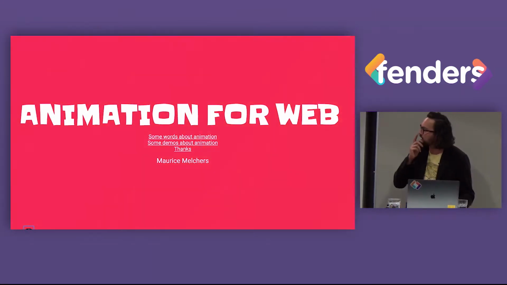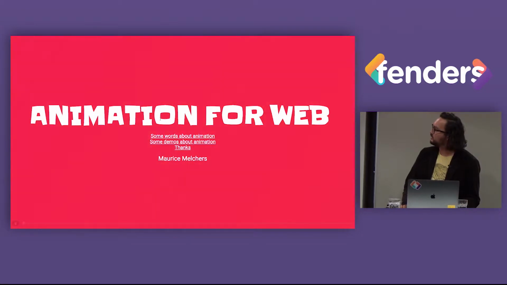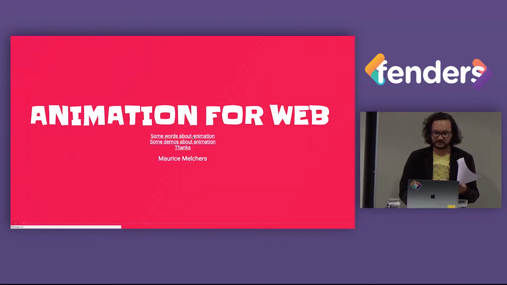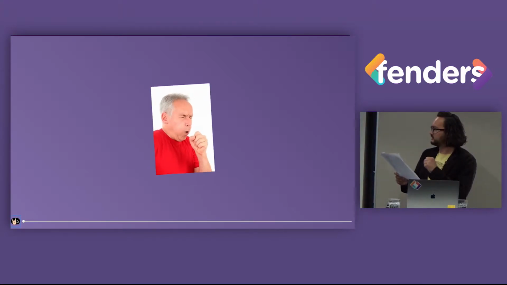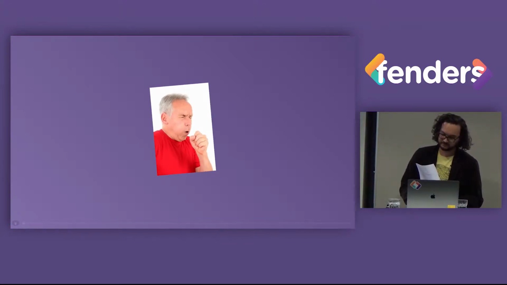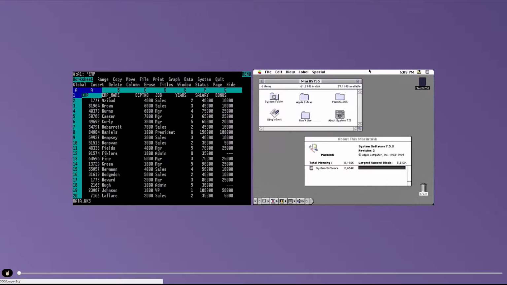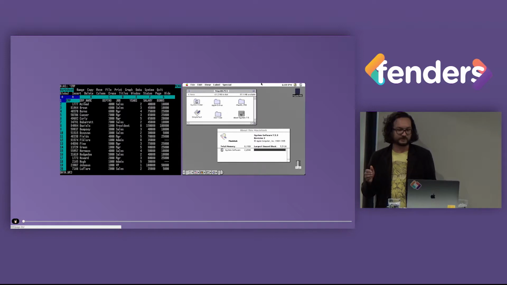Before I go into some actual CSS and JS code examples, I'm going to take you on a little journey and say some words about animation, of why do we actually have animation in the first place. To paint a picture, our first UI screens kind of looked like this. They did not have animation, and you would go between screens and it would just jump cut to the next